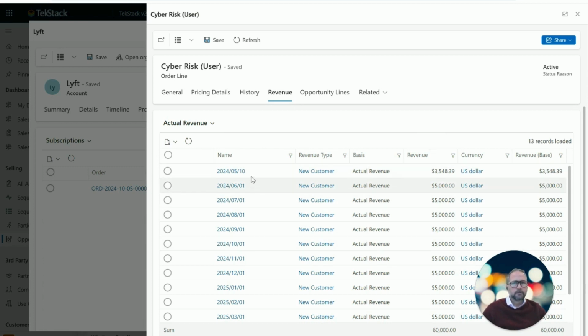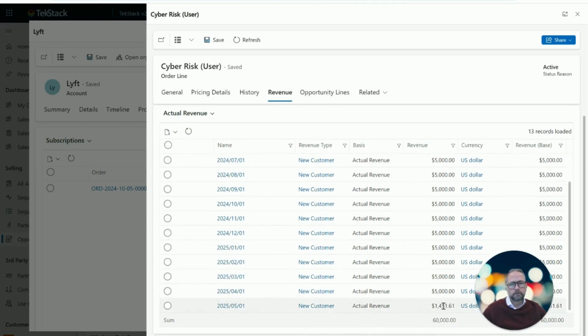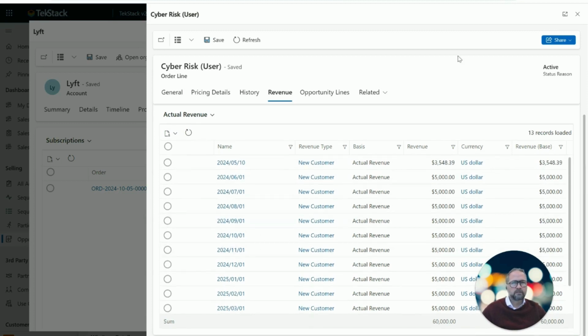So in the first month, because there's 10 of 31 days in May, we're only getting a third of the revenue, or 2/3 of the revenue recognition for the month. So that's all set up until the last month, where there's only a third of it. So all that gets set up,